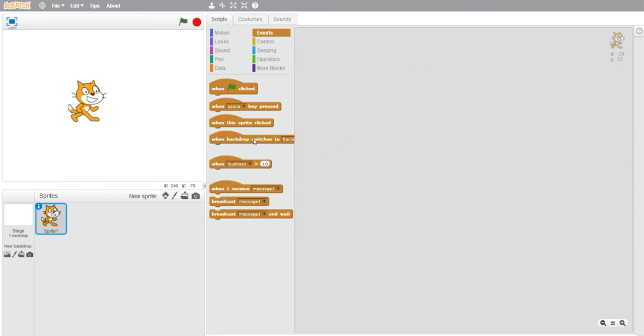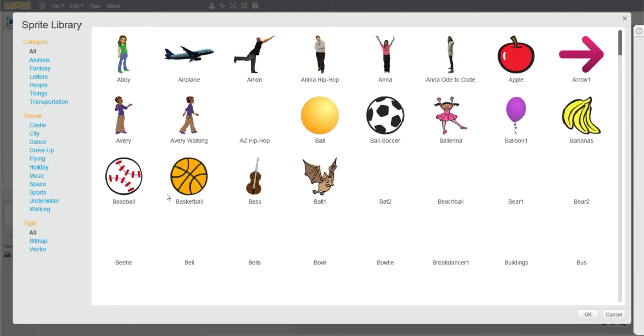Here you can drag our scripts for writing scripts for a particular character. I'm bringing one more character from the library. This is the option where the library will be visible to you.